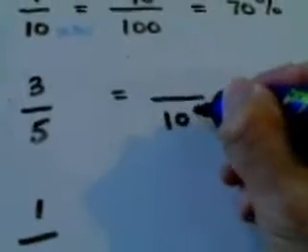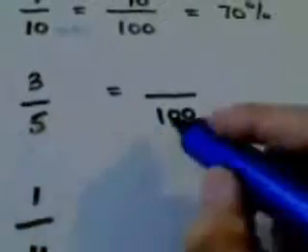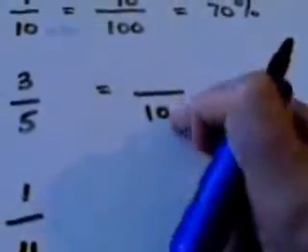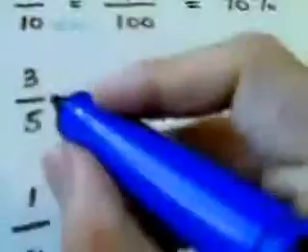Now let's look at our second example. We've got 3/5, so I want to change that to be something over 100. You might be able to see straight away that you multiply 5 by 20 to make 100. But what I'm going to do first, just to make it a little bit easier, is